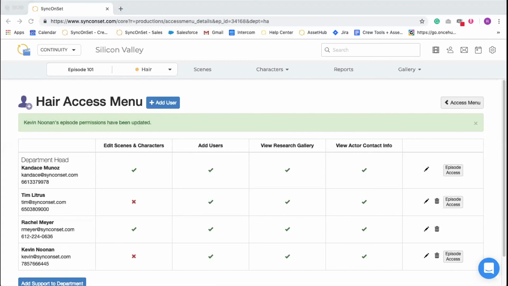I think this one's pretty timely. What happens when a pilot gets picked up to a series? Will we be able to work from the pilot production account, or do we need to start a new Crew Tools account? So the answer here would be that if a pilot is picked up to series, you can choose